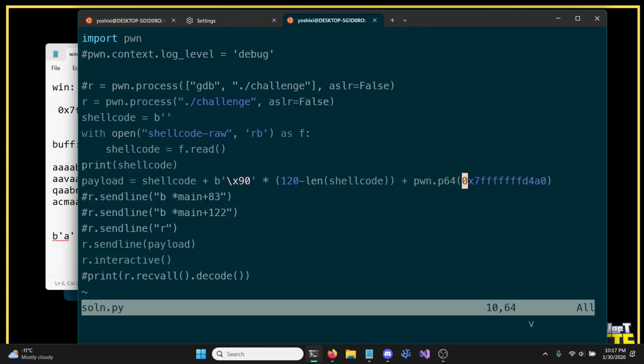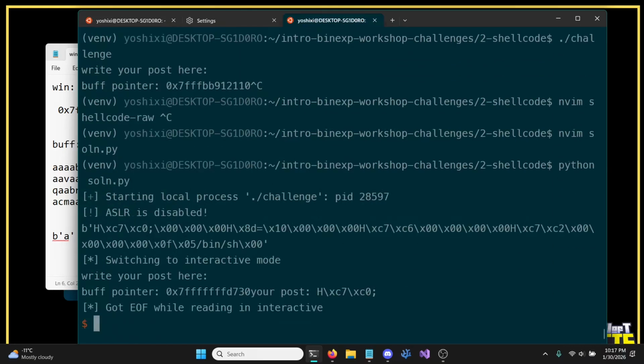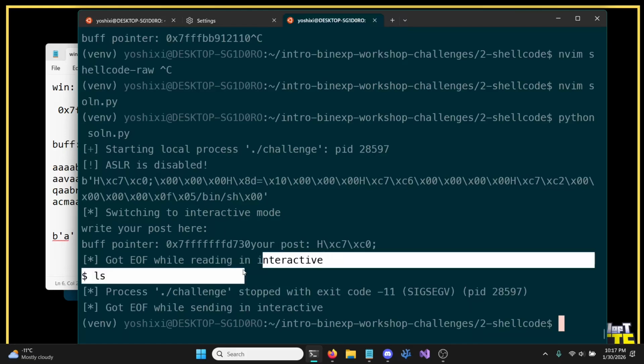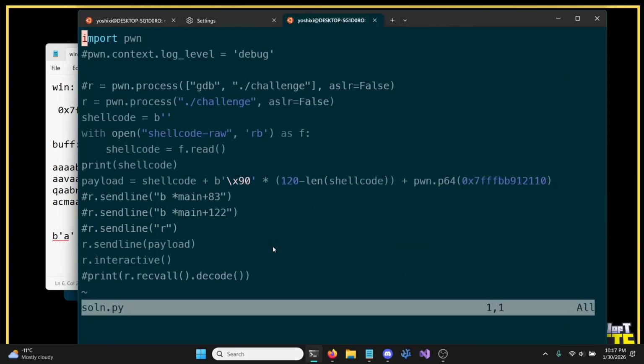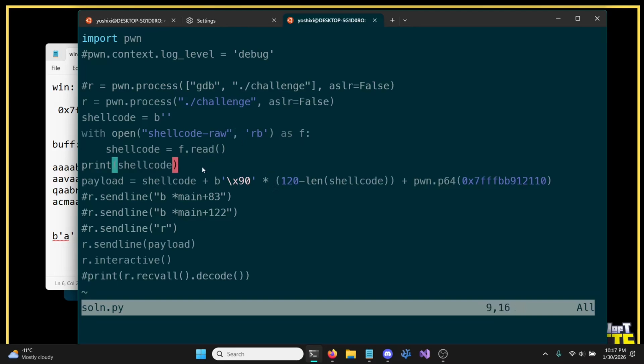I did print the pointer for the buffer beforehand. Got end of file when reading in interactive. Shellcode f.read. Length of shellcode raw, and then